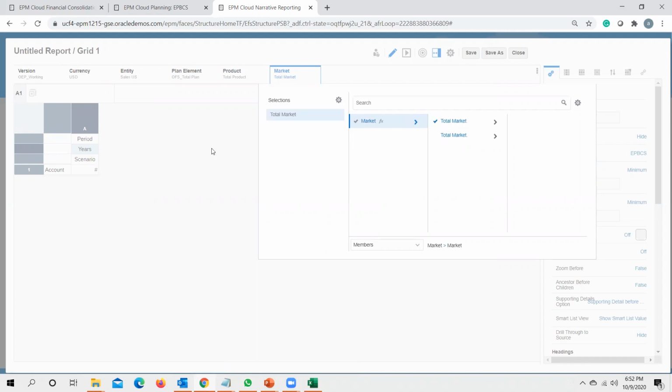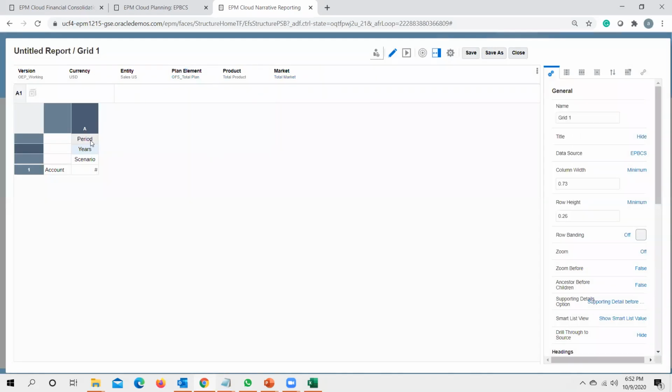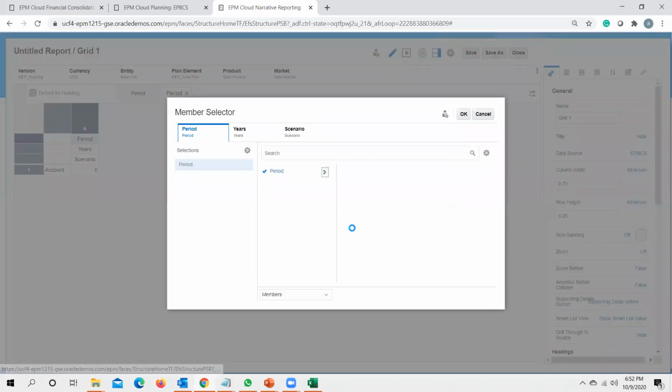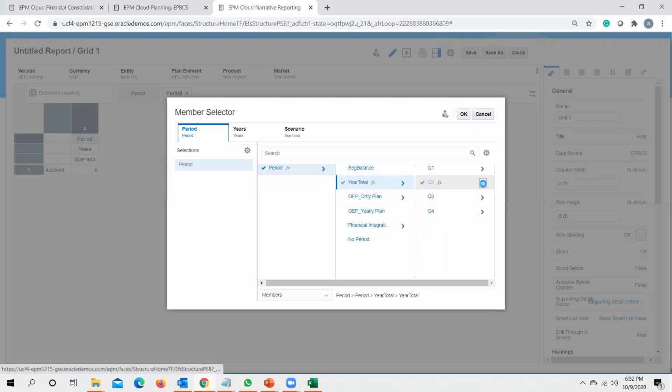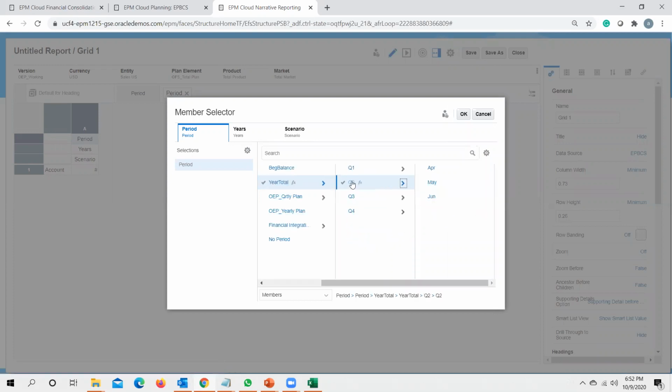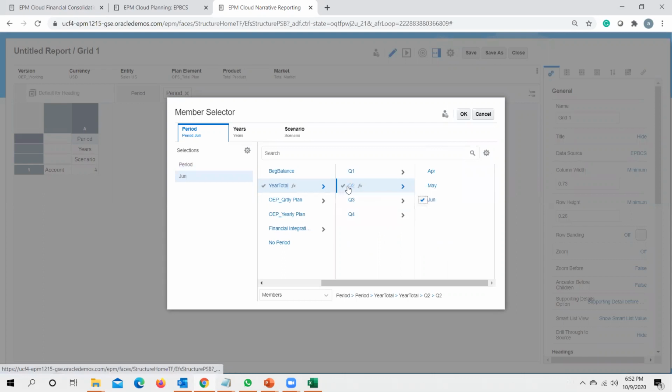So once you are done with your point of view, you need to select period, year, and scenario. So let me just prepare this particular report for quarter ending June. So I want to prepare this particular report for either quarter 2 or June. So let me take it as quarter 2.